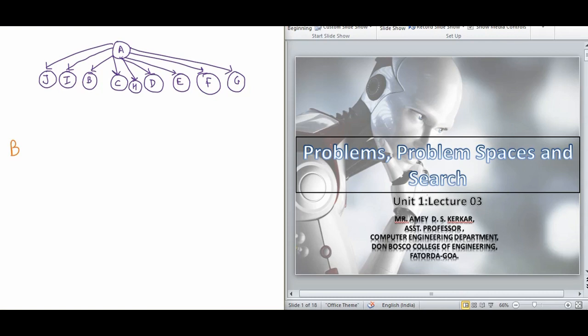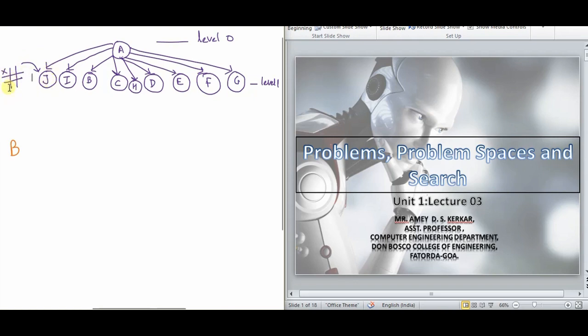So this I will say level 1 or level 0. In level 1, there are 9 nodes. So from one node there are 9 nodes. Now suppose this configuration is the one wherein the player has played X over here. I have just named the configuration as J. So let's say this is the configuration where the player has marked X to the topmost left cell. So I have named it as J.